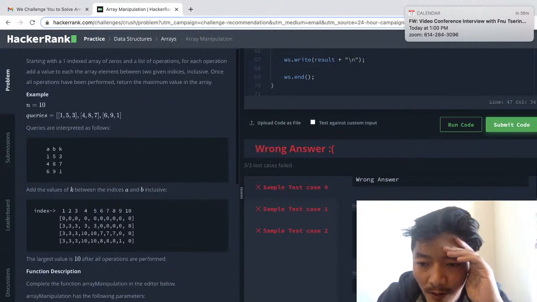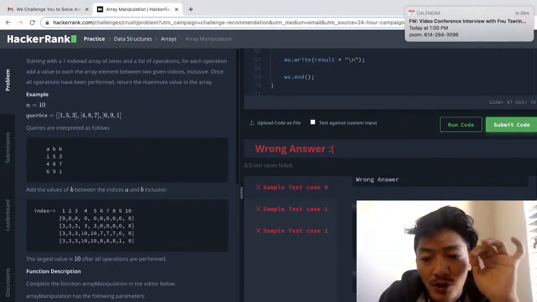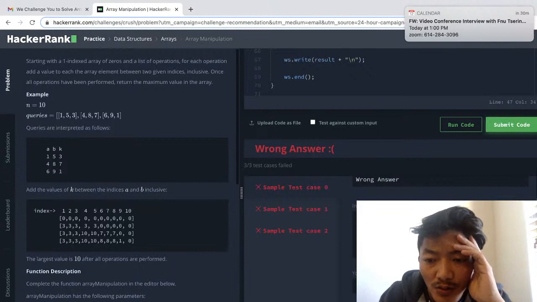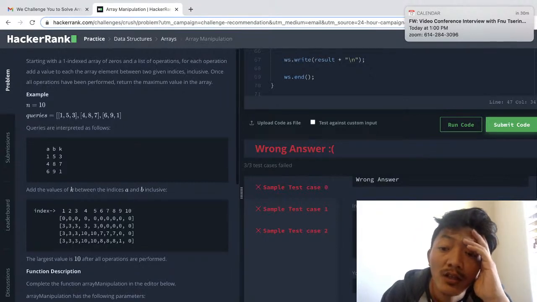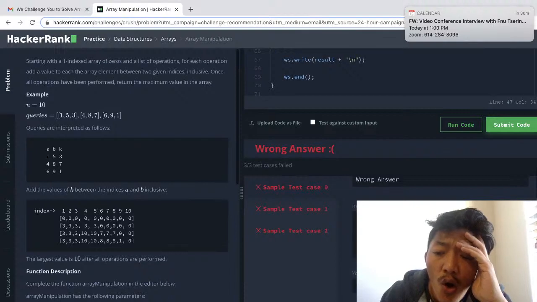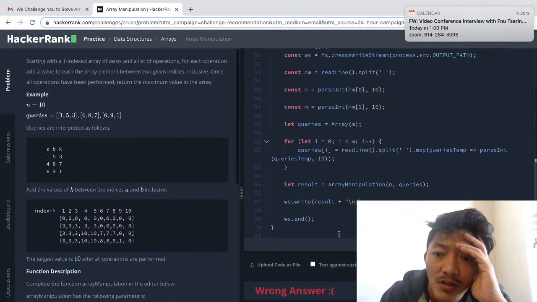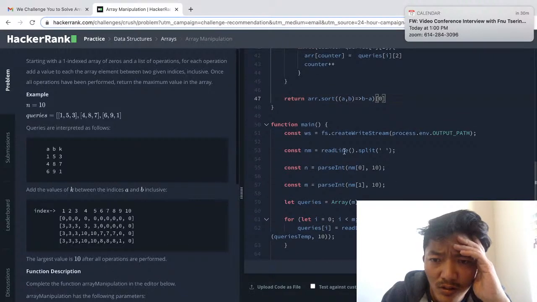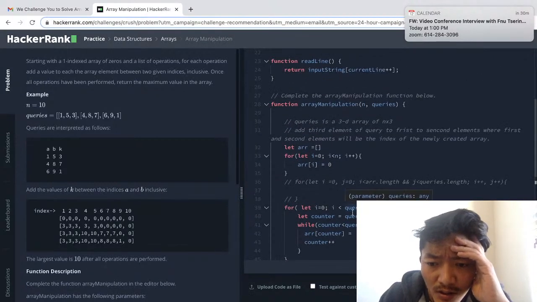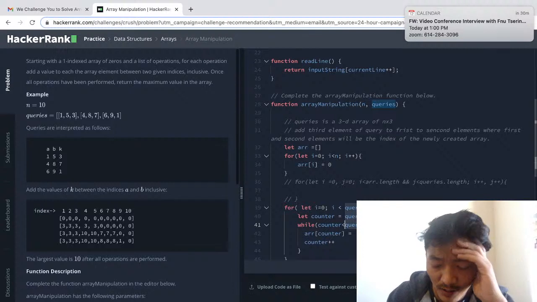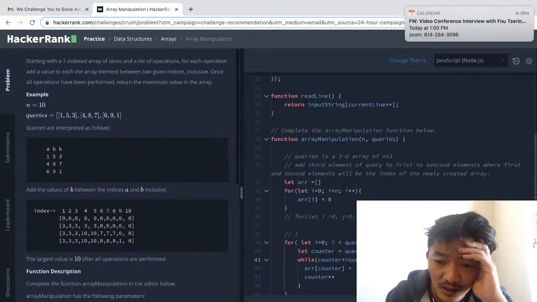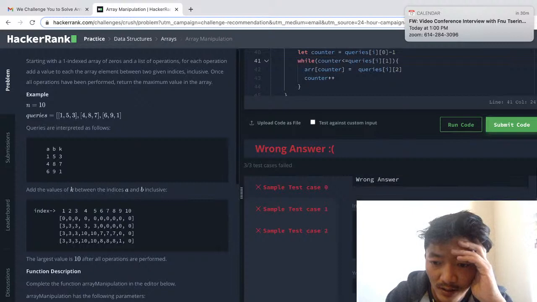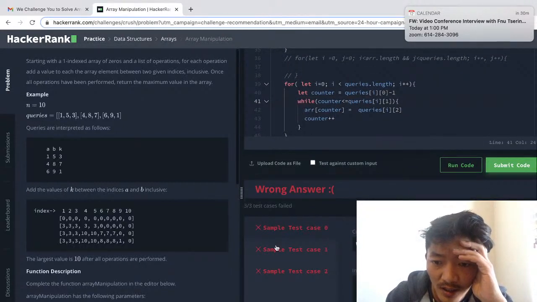Okay, so let's go over this. We add 0 to 1, 0 to 1, that we added 0 to 1. Inclusive. Is it inclusive? Okay, so let's do this and see if it passes our test. We are still getting